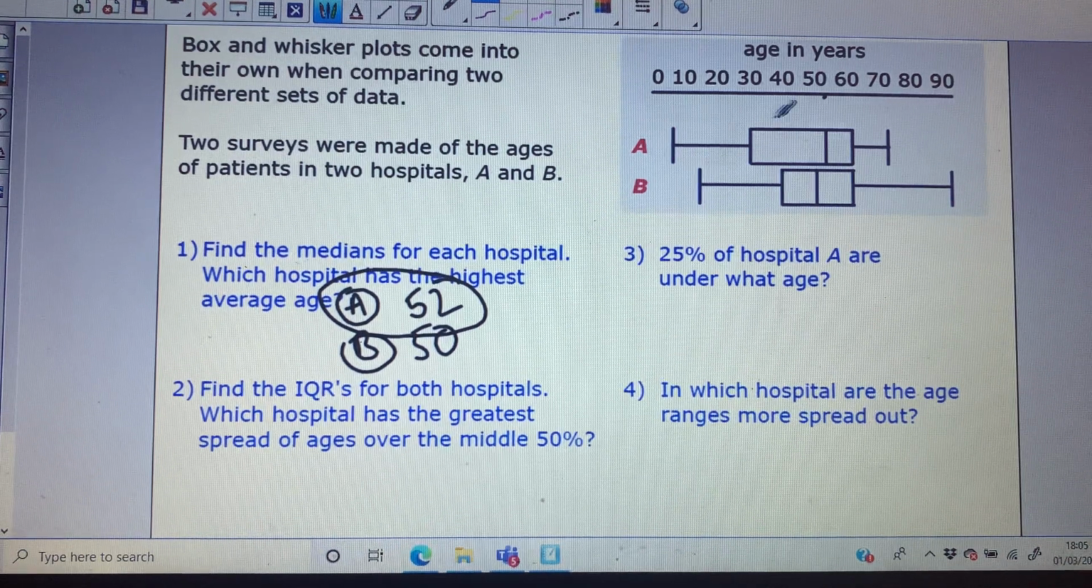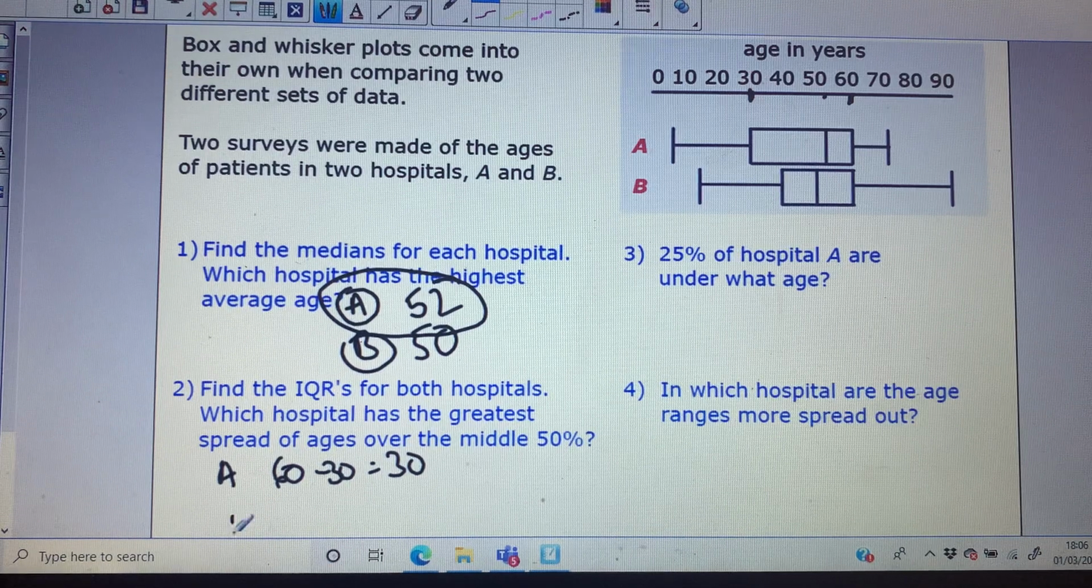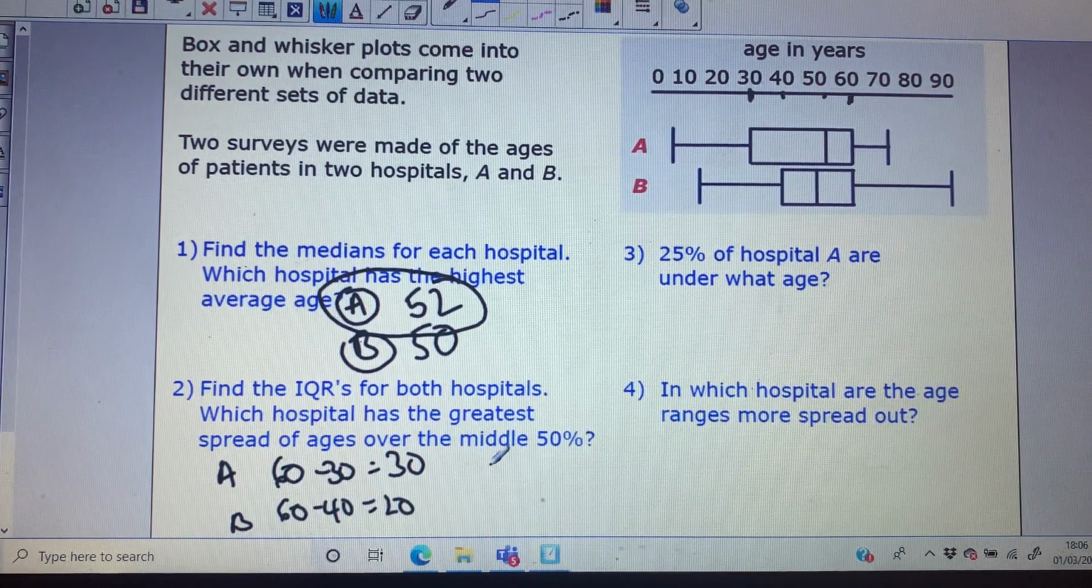Find the interquartile range. Again, we're going from a very crude axis here, but it's just the idea. So for the interquartile range, for A, I'm saying you're going from 60 to 30, so your interquartile range is 30. For B, it's really easy to see that it's completely different, much smaller. B's interquartile range is 60 minus 40, which is 20. So the hospital which has the greatest spread of ages over the middle 50%, which is what the interquartile range is,